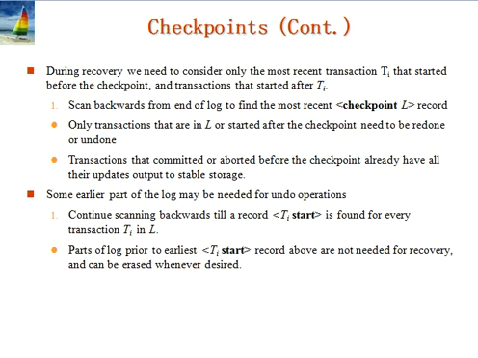Now we are taking one example. Consider the set of transactions T0, T1 up to T100, for example, executed in the order of the subscripts. Suppose that the most recent checkpoint took place during the execution of transaction T67. Thus only transactions T67, T68 up to T100 need to be considered during the recovery scheme. Each of them needs to be redone if it has committed, otherwise it needs to be undone.